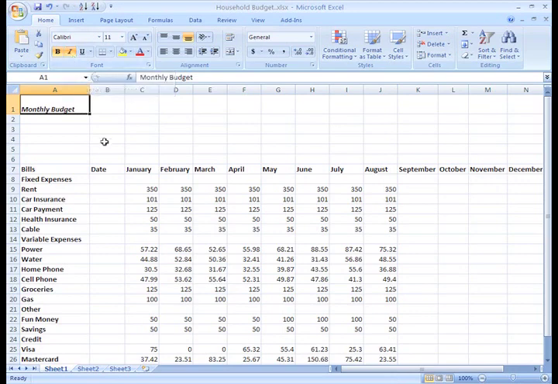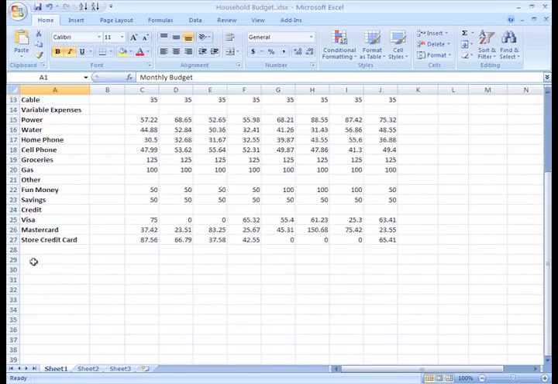The underline command works the same way, but it does have extra menu options. Let's add the word total in cell A29. Eventually, I'll add up my monthly bills and list it in this row. I think it would be a good idea to draw attention to this, so I'll make it bold and underline